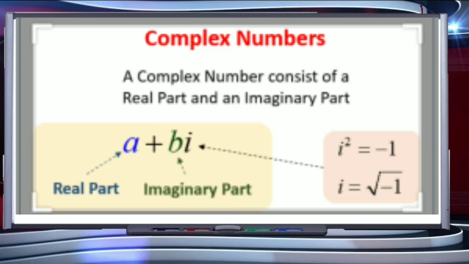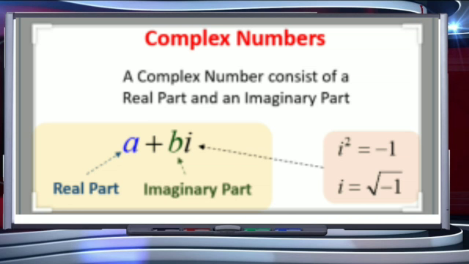Real part we know is something related to the real numbers, but what is the imaginary part? The number will be of the form a plus b iota. Now b is again a real number, but this iota stands for the imaginary part. If iota is multiplied by b, then we say that our imaginary part is b. Here iota stands for the square root of minus 1. So this implies iota square is equal to minus 1.